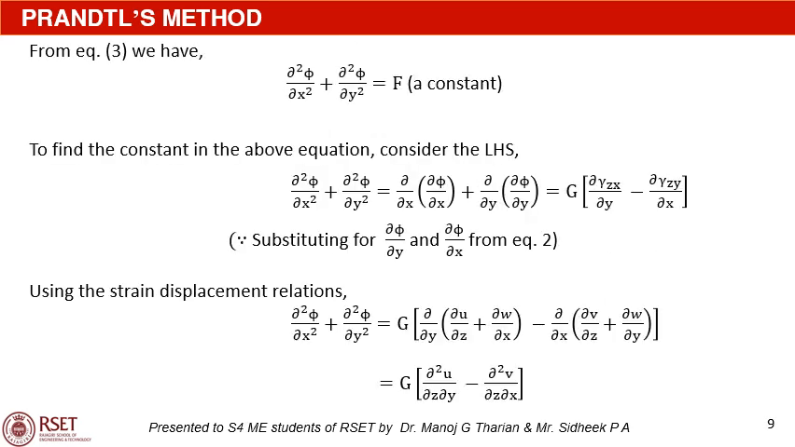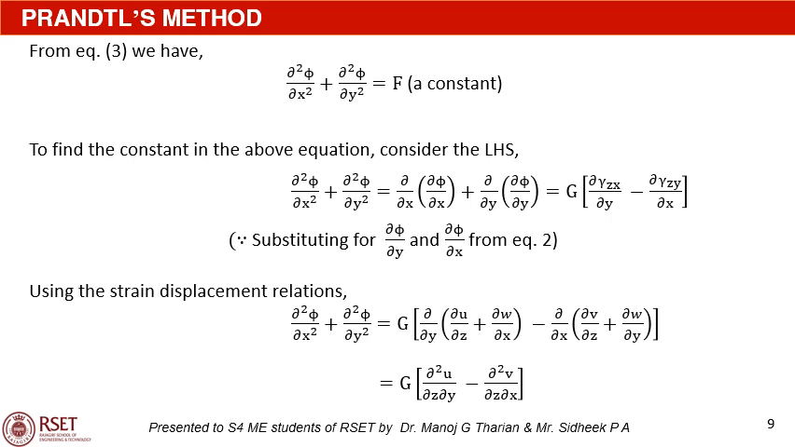Now, we will find out the expression for the constant F on the right hand side of equation 3. Equation 3 is ∂²φ/∂x² + ∂²φ/∂y² = F. Consider the left hand side of the above equation, ∂²φ/∂x² + ∂²φ/∂y², which can be written as ∂/∂x of ∂φ/∂x + ∂/∂y of ∂φ/∂y. Substituting for ∂φ/∂x and ∂φ/∂y from equation 2,